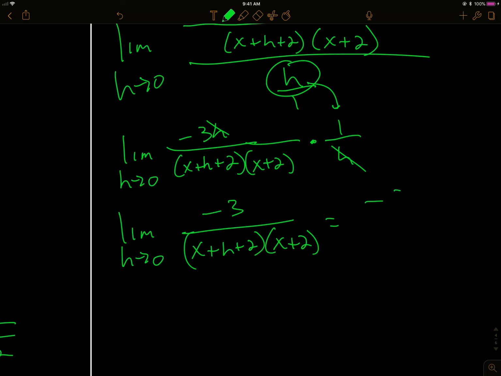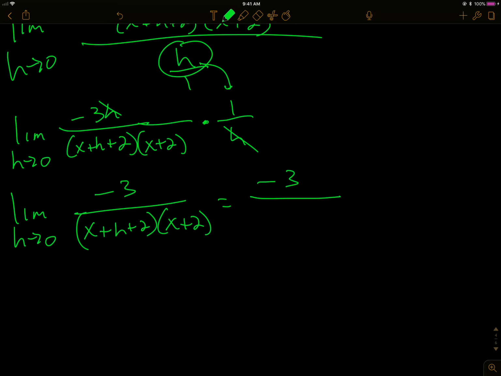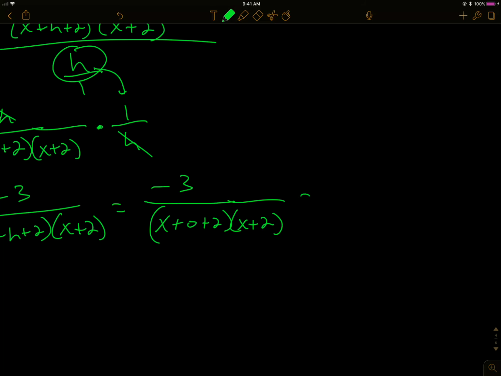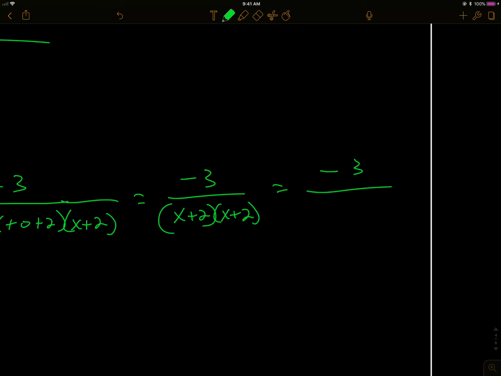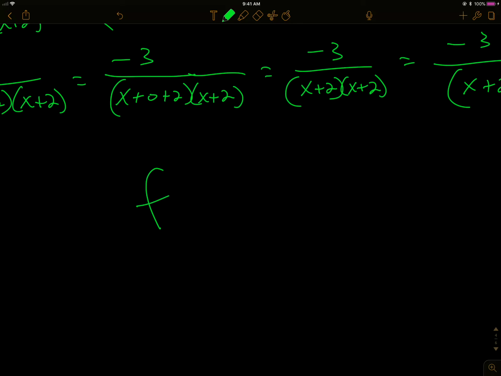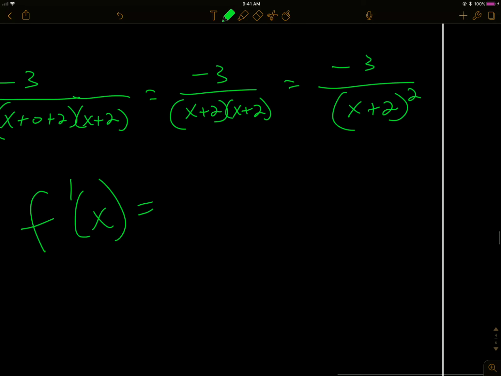If I do direct substitution, I don't have to write limit anymore. I plug in 0 for h. So f prime of x equals, I'm writing this gigantically,